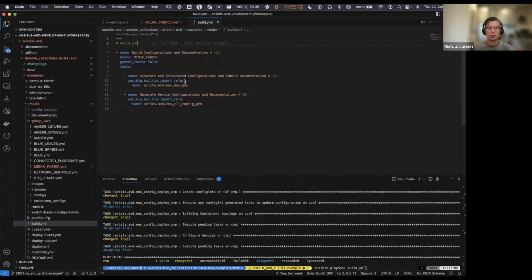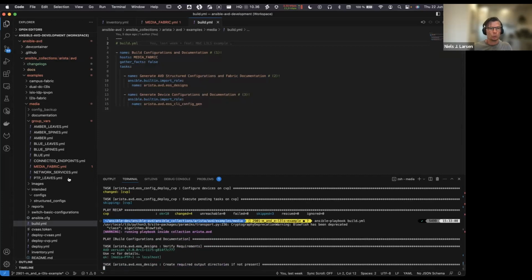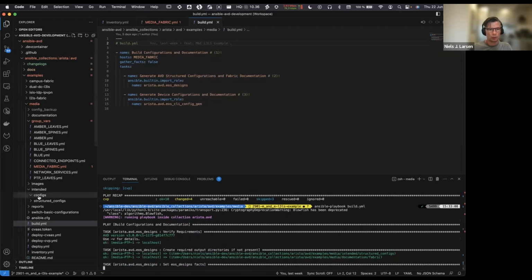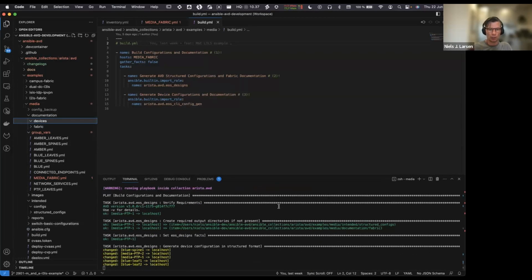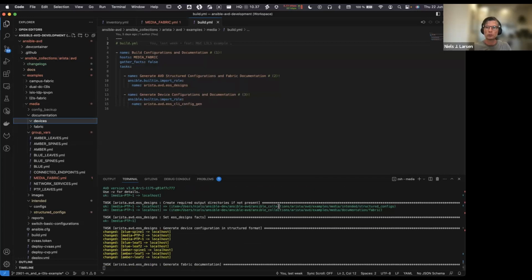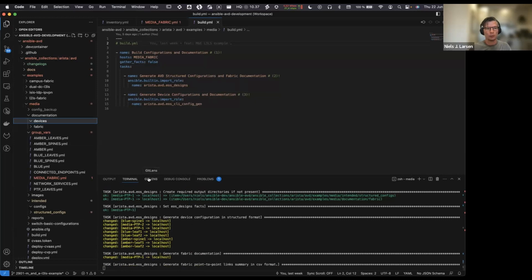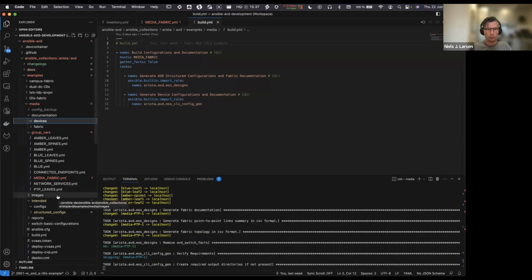and the fabric documentation. And based on this fabric overview, we also generate the specific device configurations and device documentation. So when I run the playbook, you will see that the configuration directory and the documentation directory will suddenly have a lot of files in them, one per device. And this AVD in Ansible is running locally on my laptop. Typically, you would probably run this on a server in your data center, depending on your requirements.